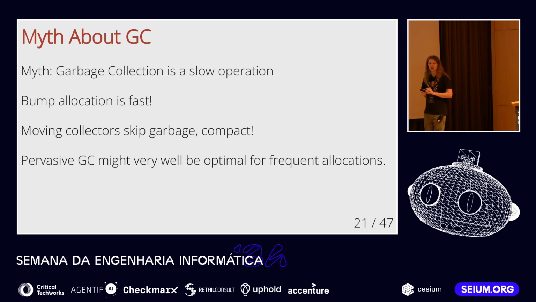The common myth here is that garbage collection is just slow, and that managing memory manually is always going to be faster. This isn't exactly correct. The thing is, modern garbage collectors are optimized specifically for allocation. Allocation in garbage collection is super fast. You usually have to just bump a pointer. The deallocation also is fast because in a moving garbage collector, there isn't actually a deallocation. You just trace live objects and evacuate live objects, and it doesn't matter if you have gigabytes of garbage. So if your program allocates a lot, it might actually be the case that garbage collection is the optimal way to manage memory in these kinds of programs.